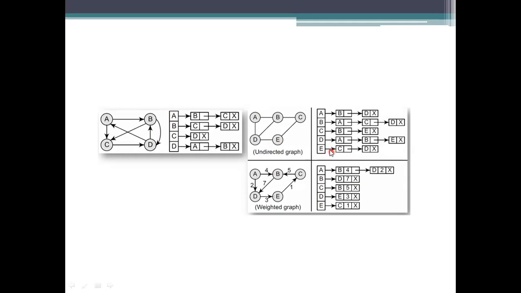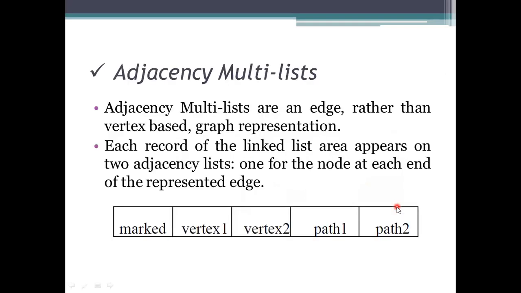So these graph notations have adjacency lists which are vertex based. Rather than providing them as vertex based, we need to represent these graphs as edge based.